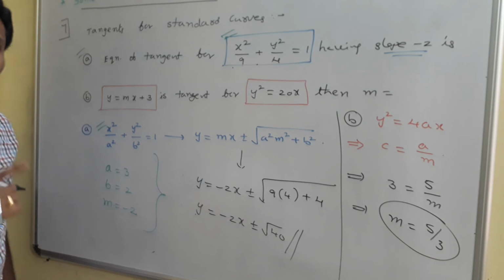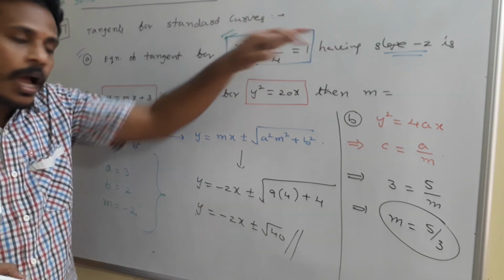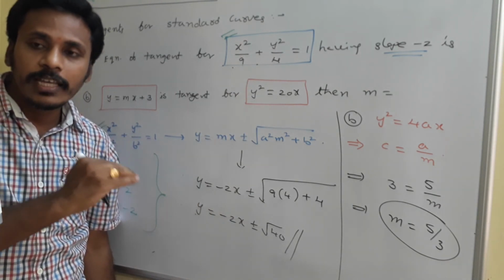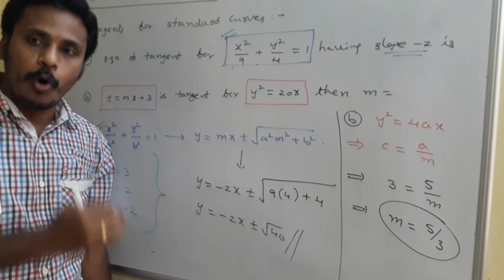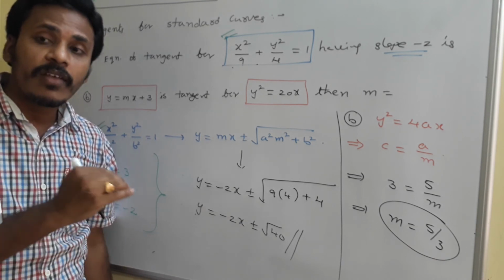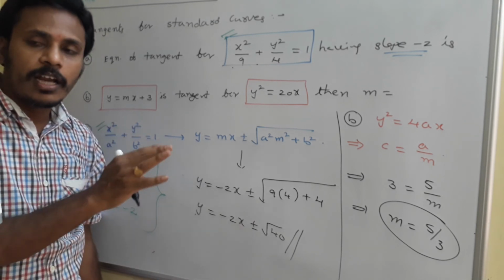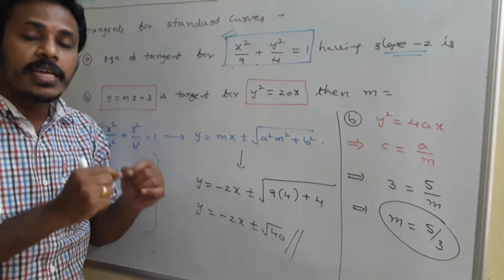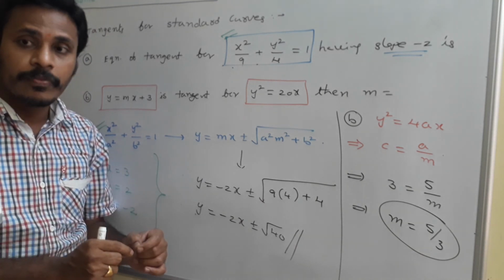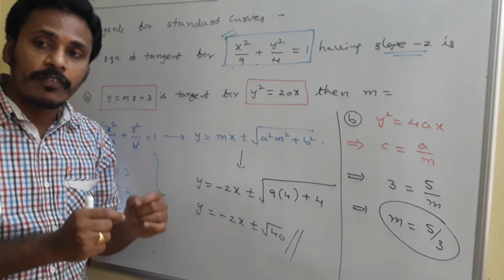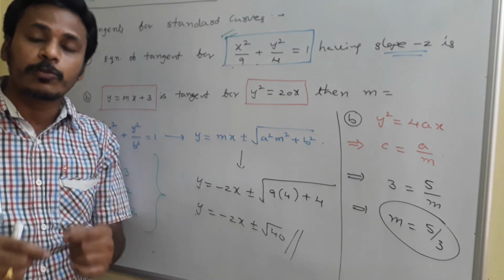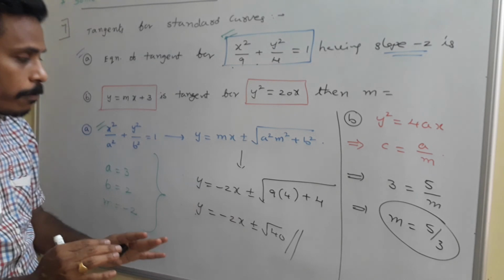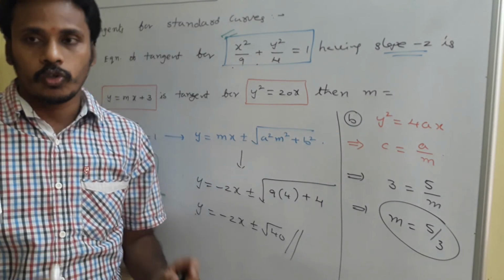From there we will get that m is equals to 5 by 3 and that's our answer. Okay. Actually, to find the tangent equation or to discuss a line as a tangent for the curve, we need a point. When you think from the differentiation side, we need a point and the slope is the derivative of the curve at the point. But here, using the concept of quadratics and using these tangent conditions, instead of using the point of contact, instead of deriving the derivative of the curve, instead of finding the tangent equation using y minus y1 is equals to m into x minus x1, all that work is not required here to solve these type of problems. Just simply these tangent conditions are enough to solve. Just have a look.